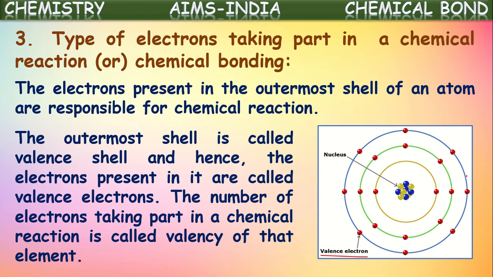If any atom has other than 8 electrons in its valence shell, that atom will be unstable and will try to become stable by getting 8 electrons in its outermost shell. Because of this, atoms which do not have 8 electrons will participate in chemical bond formation. These valence electrons are responsible for the chemical reactivity of the atom. An atom with 8 valence electrons is stable. An atom with other than 8 electrons in its valence shell will be unstable and more reactive.